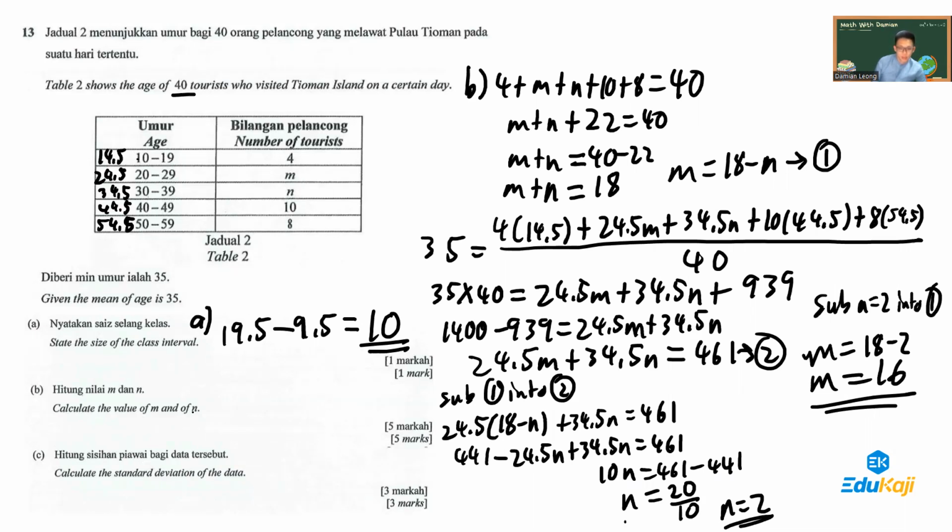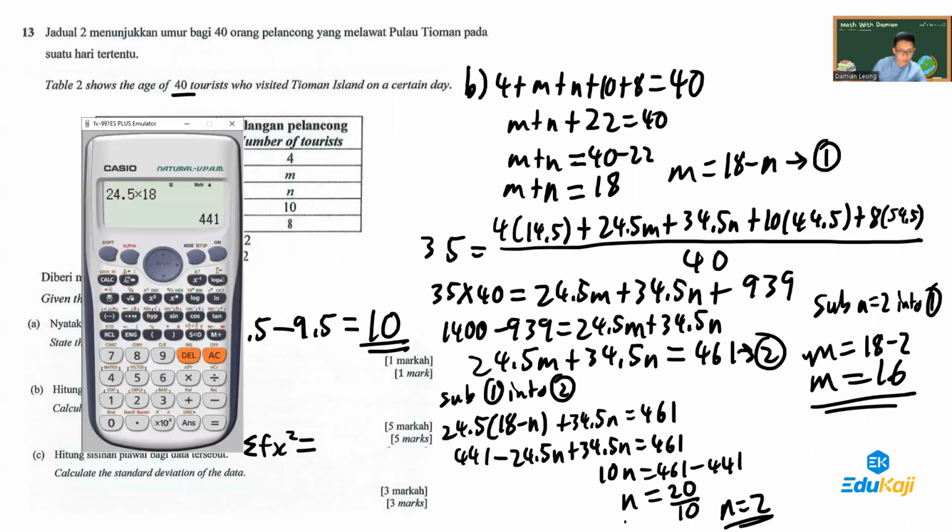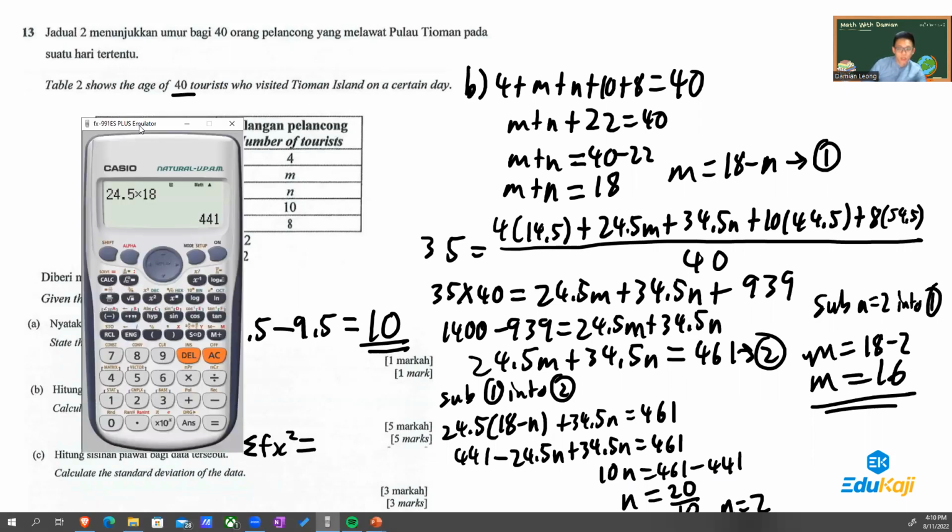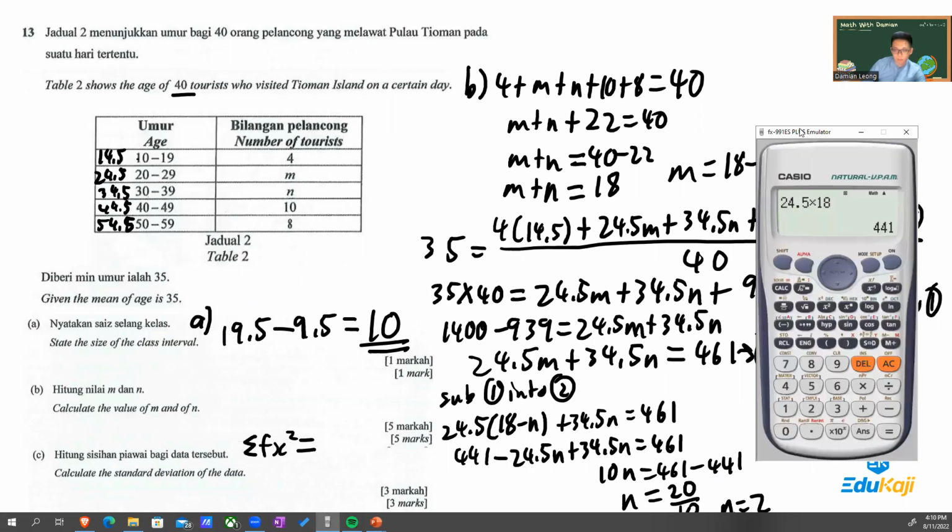For part C, I want to find the standard deviation. Standard deviation, find the sum of fx squared first. The mean I don't need to count, I already have it. So I need the sum of fx squared. Total frequency I also have. So basically each frequency times the midpoint squared. So it's 4 times 14.5 squared